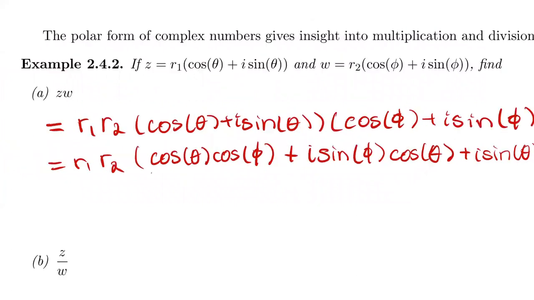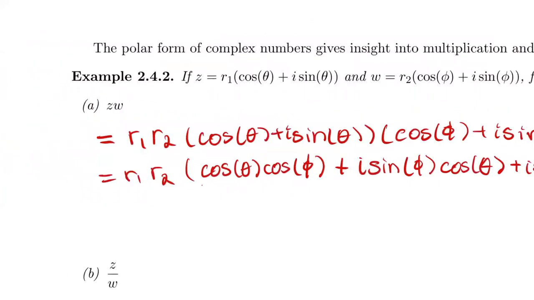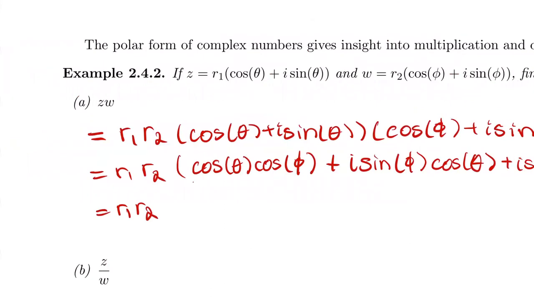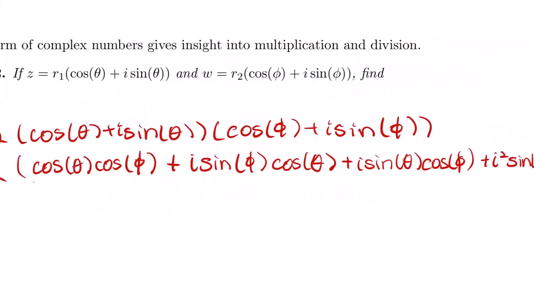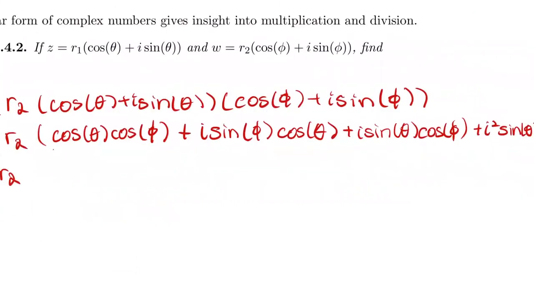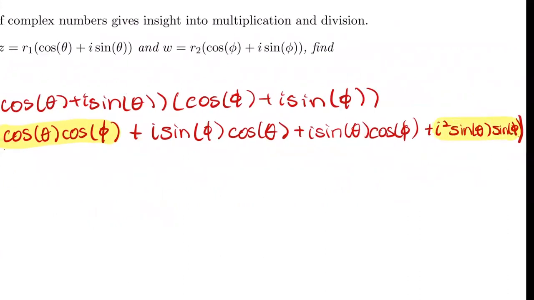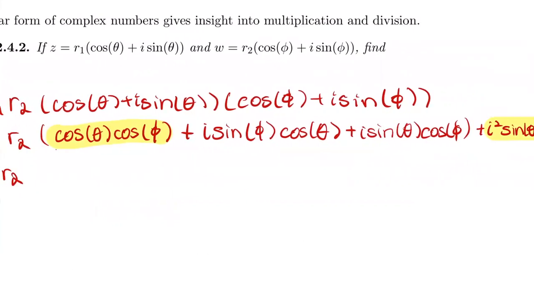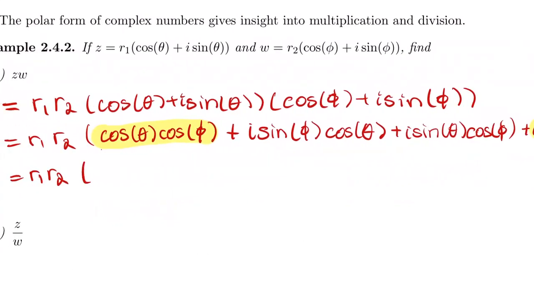Okay, so now we would just have to work on the inside a little. We could separate them into their real and imaginary parts now. So noting that this one and this one are going to be the real part, with I squared being -1, we have R1 times R2 times